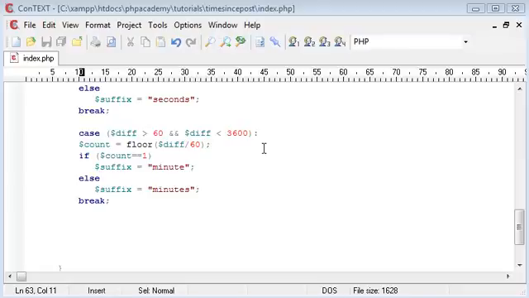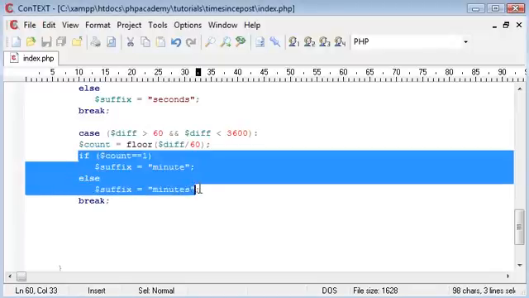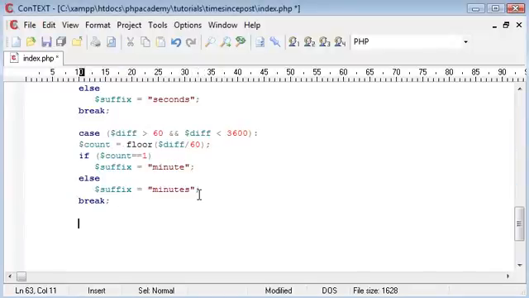Okay, so this is the second part of the time since post tutorial. We're just going to be carrying on with the different case blocks, just so you're used to the conditions inside and what we're doing with these suffixes right the way up to years. Okay, so the third one,